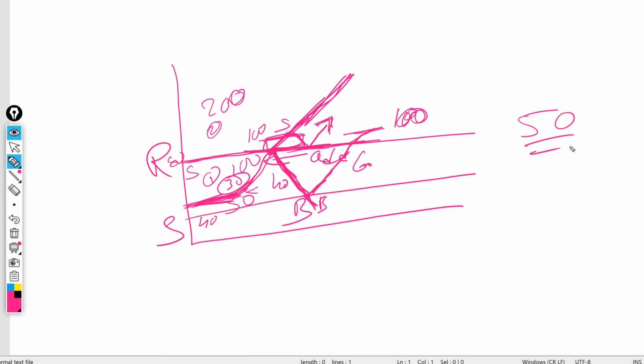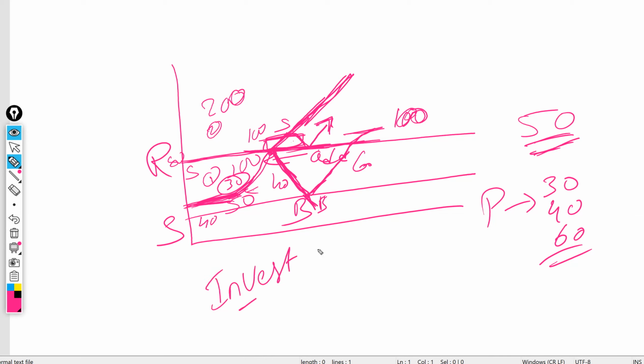So a normal retail trader got only 50 rupees. But for a professional trader, what is the profit? First 30, next 40, and next 60. Look at the profit levels of a professional trader. Both are trading with the same investment, but a professional trader knows when to exit and when to enter the market. So he made a profit of 130, whereas a normal retail trader has a profit of 50 rupees. That is why I'm saying every time we need to look into support and resistance levels.